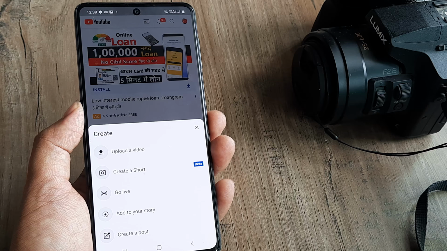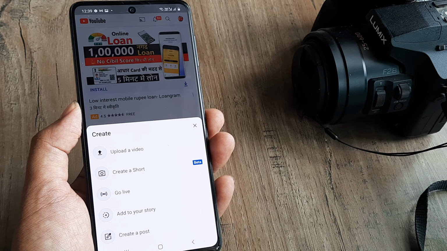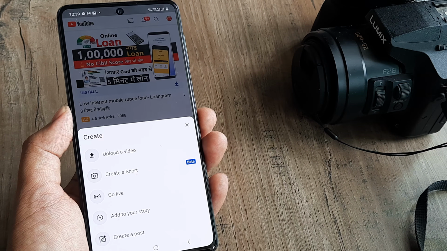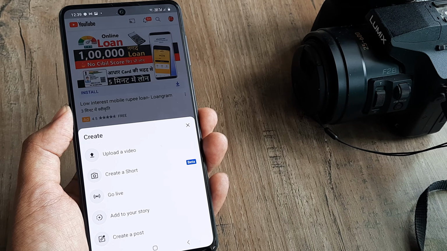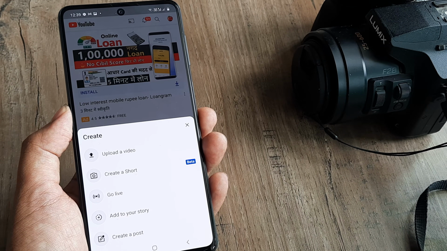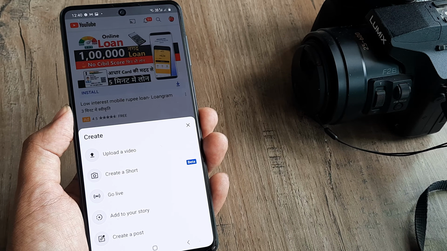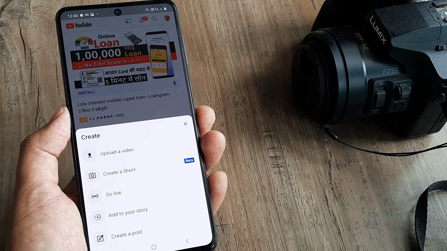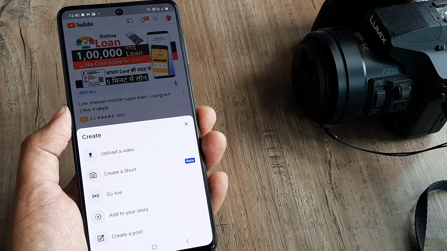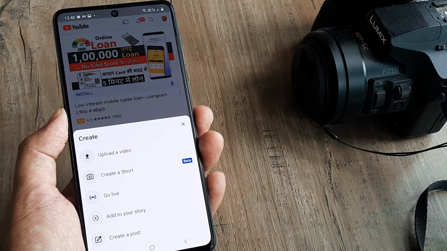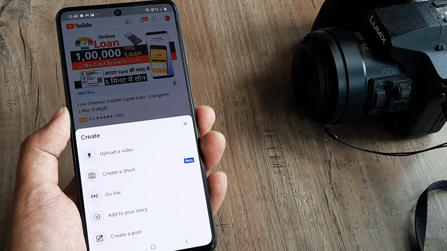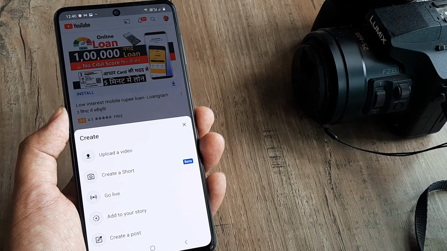Please do this and let us know in the comment section whether you are then able to see create a short. There are many VPNs and some of them may be free, but please don't fall for them. Using a VPN is not illegal. It's definitely used for the right things. So in cases like this, wherein you want to access something genuine, this may really be a great tool. So go ahead and do that.